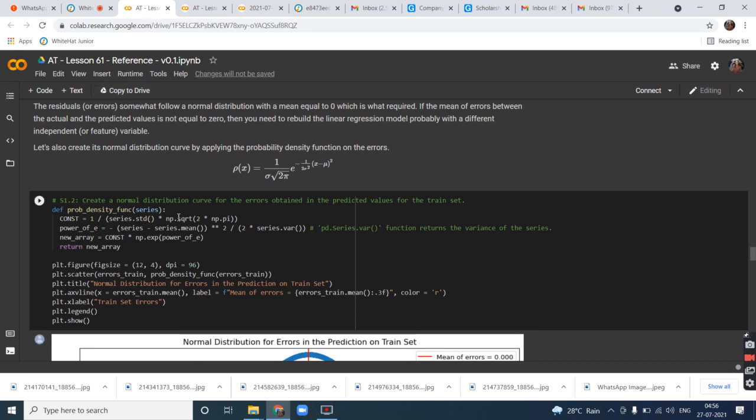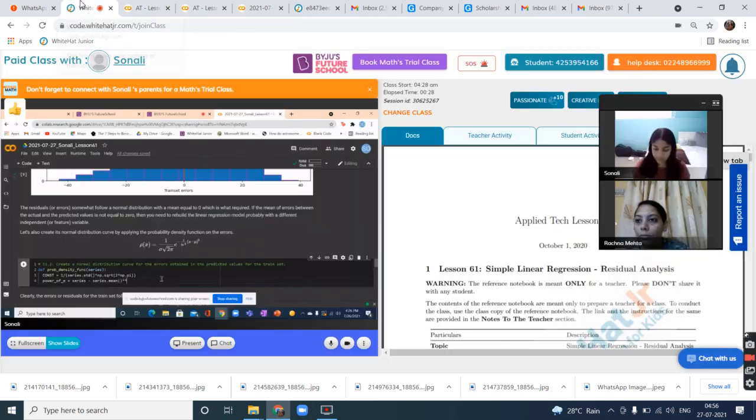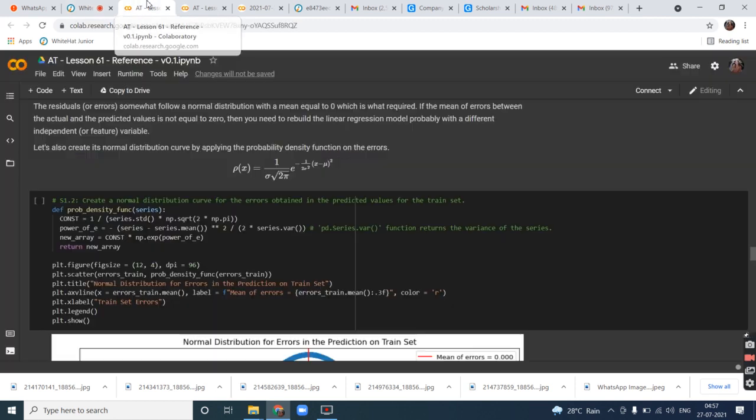In the bracket, series minus series dot mean, you can take in the bracket. Series minus series dot mean to the power of 2 upon,